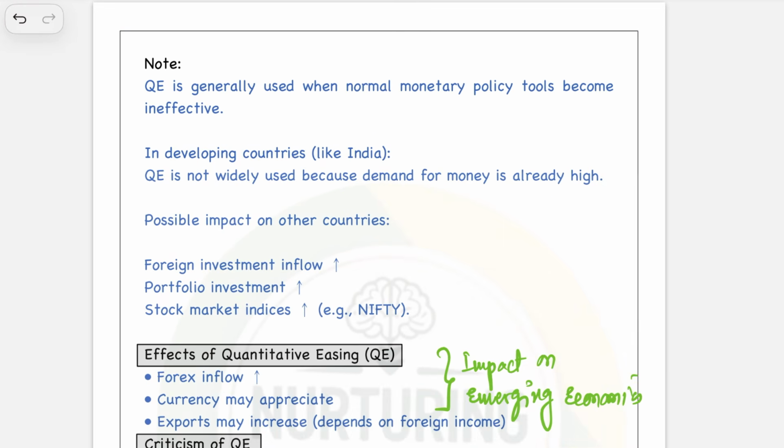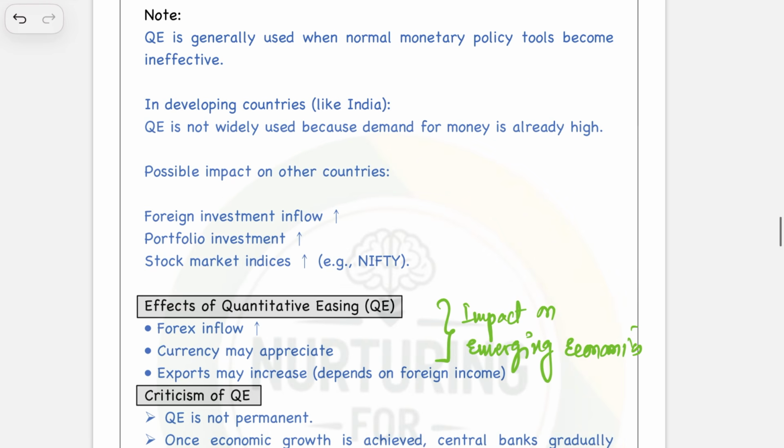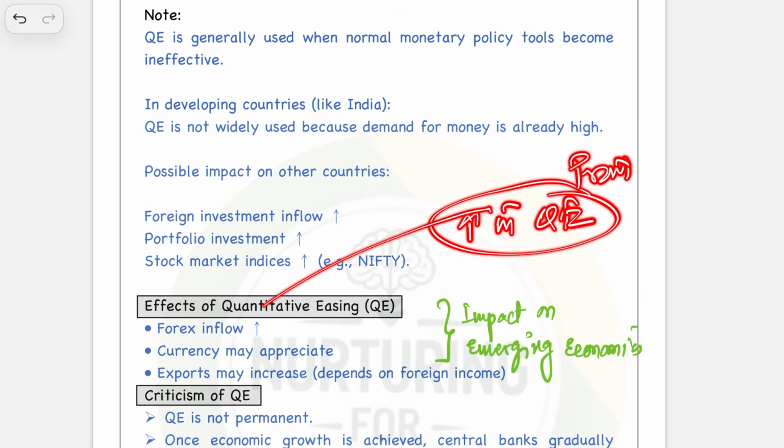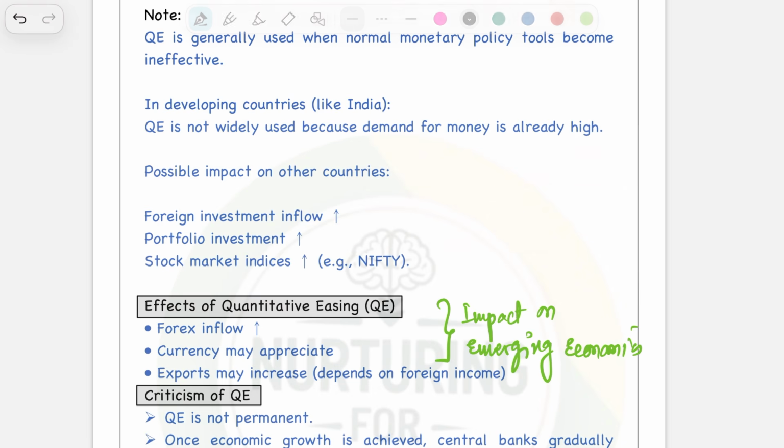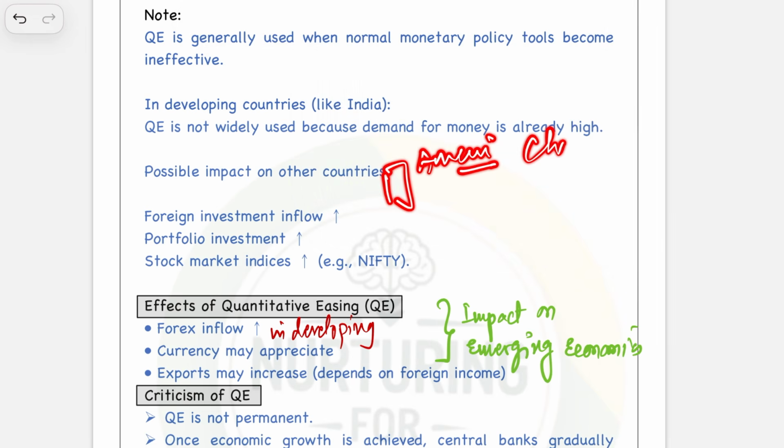The effect of quantitative easing on the developed economies is pretty much known. However, what its impact on the emerging economies is actually needs to be studied a bit. So the increase in quantitative easing actually promotes the forex influx in the developing countries. How would it be? So if let's say someone is in America and he got cheaper credit, but since interest rates in America are very low,